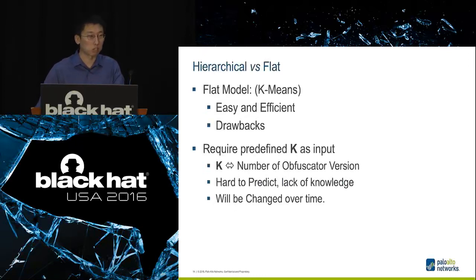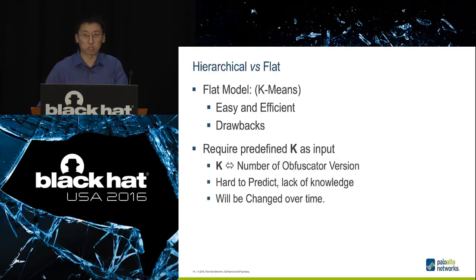The next question is how to cluster them. There are two mainstream clustering models, the hierarchical model and the flat model. The flat model is popular with the algorithm k-means. I think most of you have already learned that in your daily work. It is quite easy and efficient, but it has some drawbacks. One of the drawbacks is that it requires a predefined k value as an input, and this k is the number of clusters that you want to group the samples into. In our case, the k can be interpreted as the number of obfuscator versions or variants we want to identify,